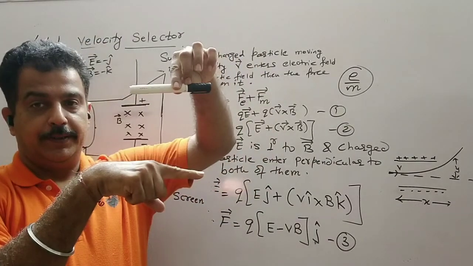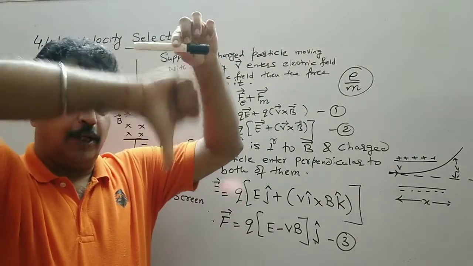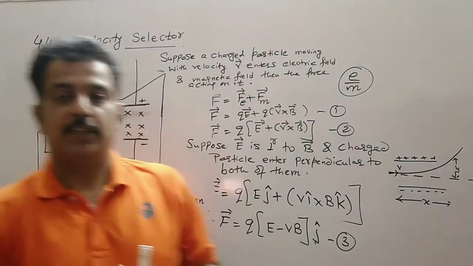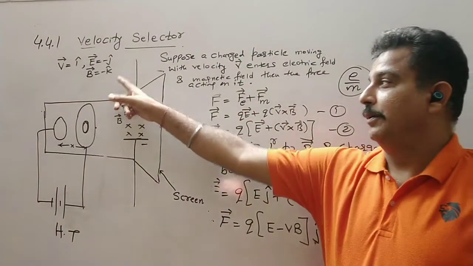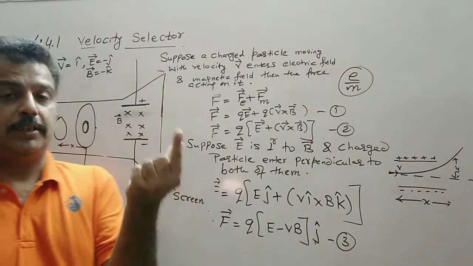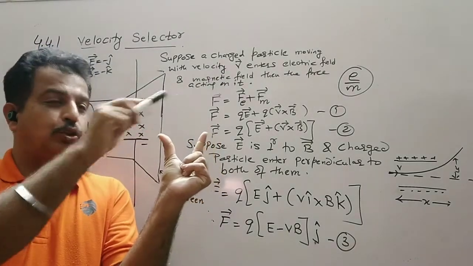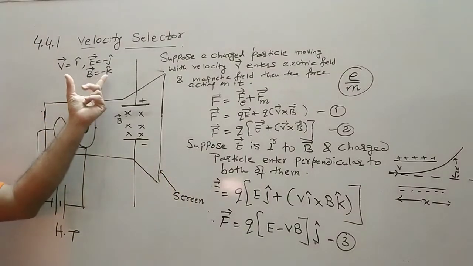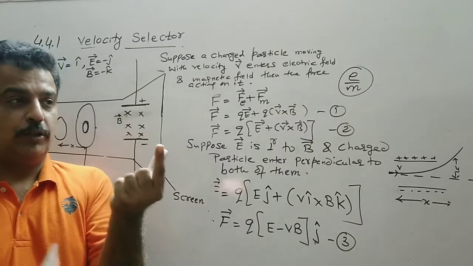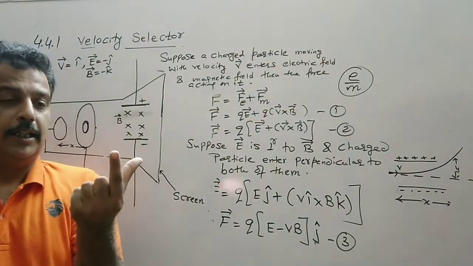So this was created like this. These are two plates, one positively charged, one negative, so the electric field is in the downward direction. You can make the arrangement as per your convenience. Now for the magnetic field, to create it we take a horseshoe magnet. Suppose this is a horseshoe magnet, one north pole and one south pole. The magnetic field is from north to south, so here the magnetic field is taken along the negative x-axis. It is a U-shaped horseshoe magnet, kept like this.